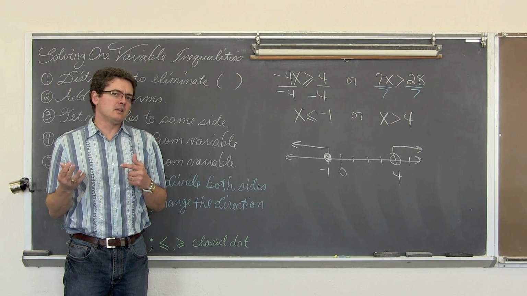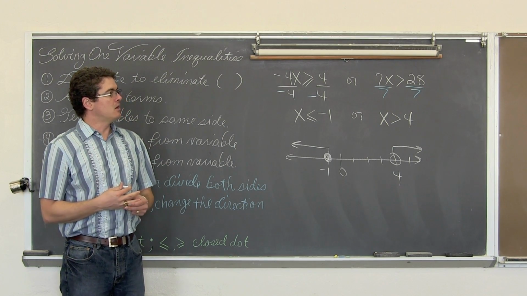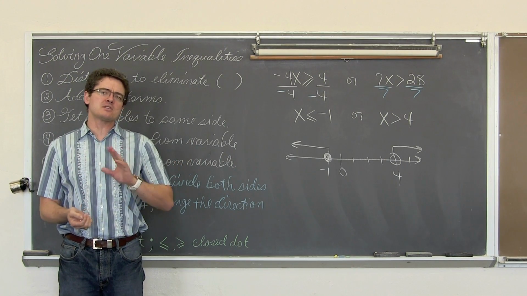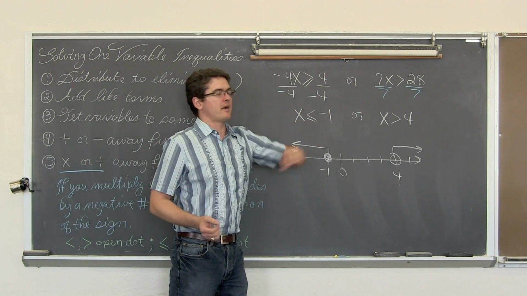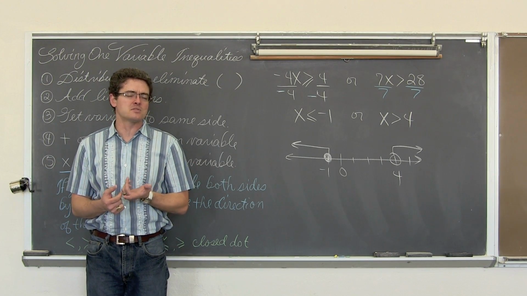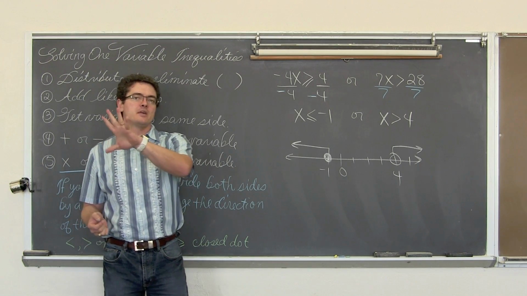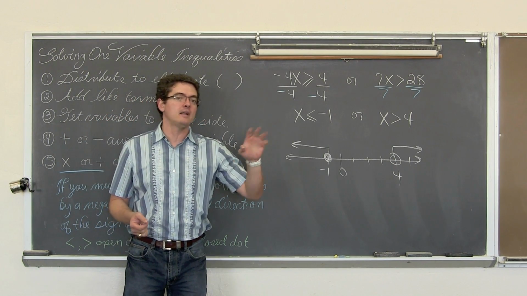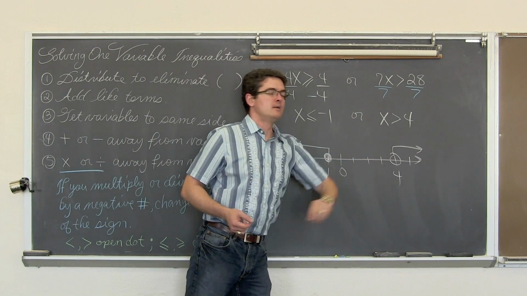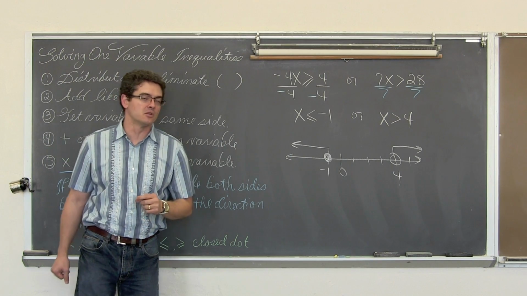Now a number cannot be less than -1 and greater than 4 at the same time. So that's why, at least in this particular example, we still have solutions, because I don't have to satisfy both of them. It's "or", I only have to satisfy one. Now I can possibly sometimes have x values that satisfy both, and that would pass for the, I want a solution for this or that. But when it's just "or", as long as the x value satisfies at least one of the inequalities, then it is considered a solution.